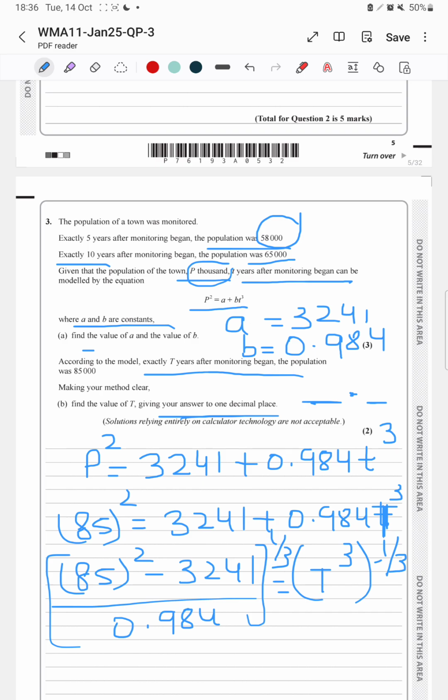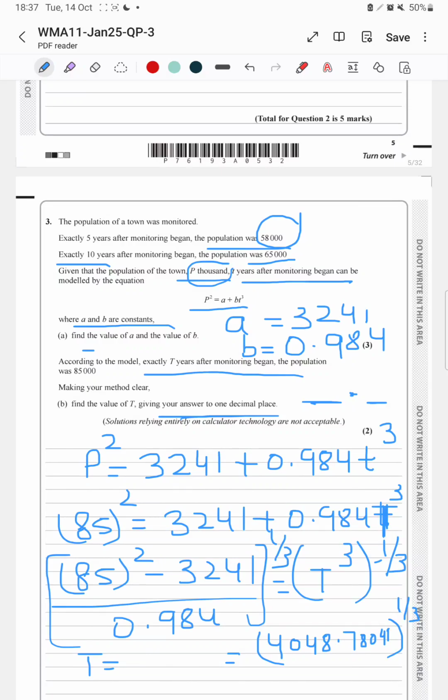0.984. So whatever you got here, like I got 4048.78049, I need to take a power of this one now. So we need to take a power of 1/3. What is that power? We need to take 4048, this whole thing, to the power of 1/3, and this is going to be T is equal to,